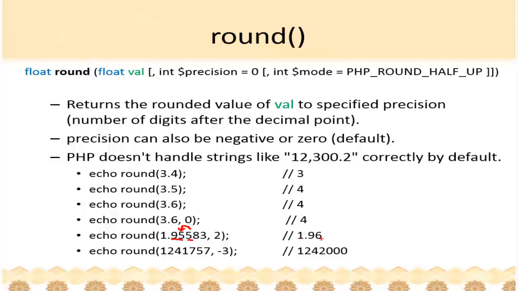So what you are going to get is 6. If it was 4 here, you would have got 1.95. How did we get that? This is the number of decimal places up to which you are supposed to round it. If this value was 3 here instead of this, then what you would have got is